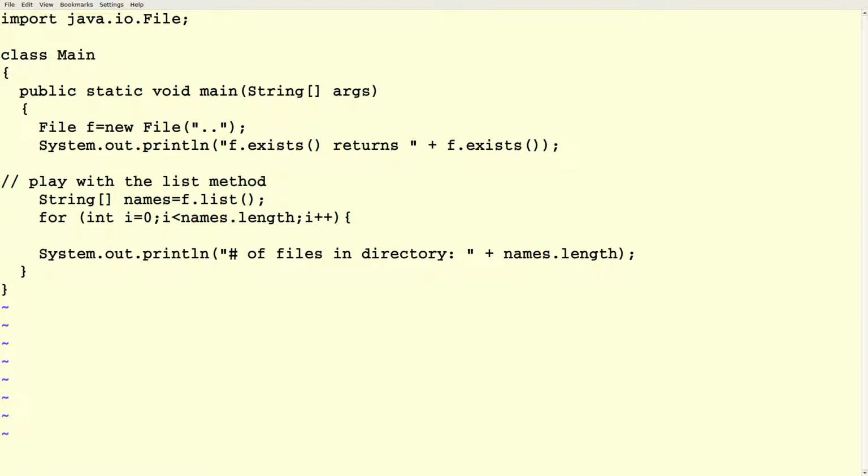So let's go through every file in dot dot, and let's see which files are directories. Let's make a new file out of dot dot slash plus names[i]. So names[i] is just the name of that file. We'll put the dot dot slash on front of it to point to our parent directory, and we'll pass that as a constructor to File. So this creates a file corresponding to each of the files in our current directory,